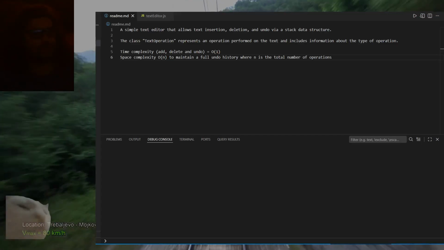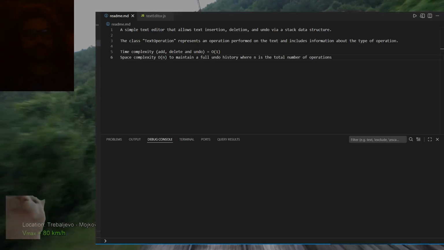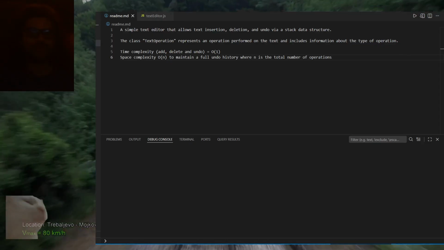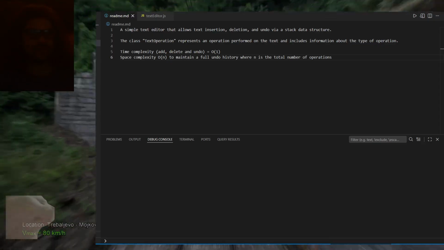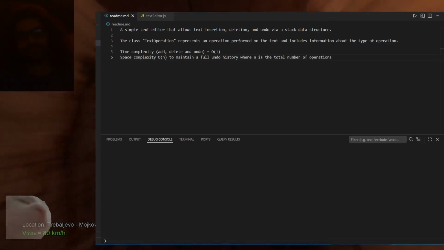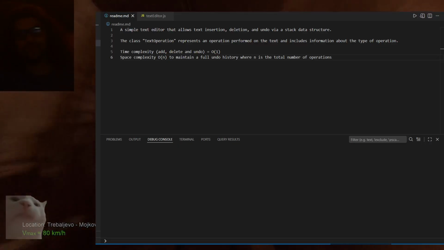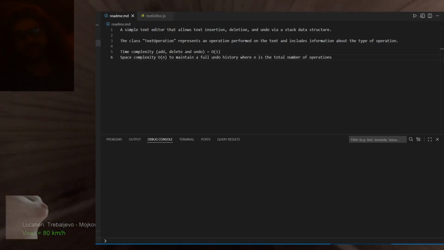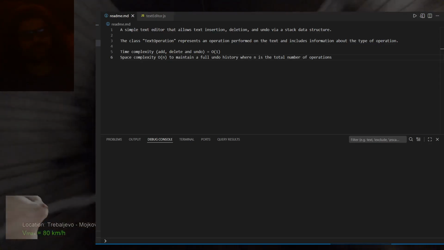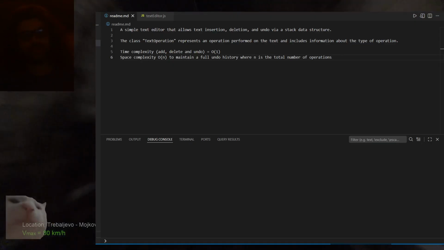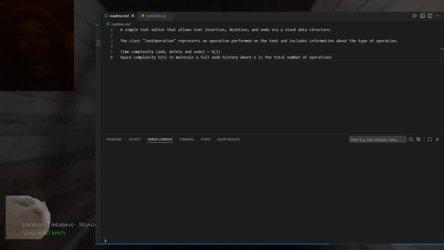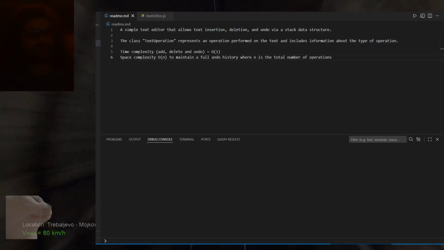Hello and welcome. In today's video, we will be creating a simple text editor that allows for insertion, deletion, and offers an undo feature and utilizes a linear stack data structure which utilizes LIFO or last in, first out, plate stacking, as it's